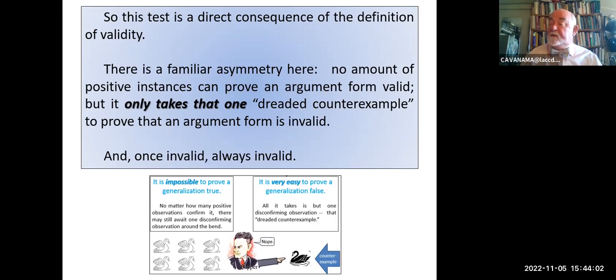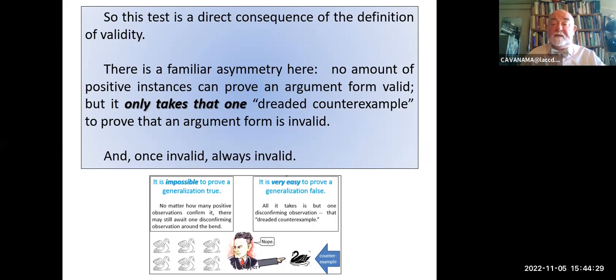And think about the asymmetry that Popper pointed out. We talked about this in the lecture. No amount of positive instances can prove an argument form valid, but it only takes that one dreaded counterexample to prove the argument to be invalid. And once you've shown that an argument is invalid, it's always invalid. So again, you don't have to test each and every argument every time it comes up. If you recognize an argument form that you've established is invalid,